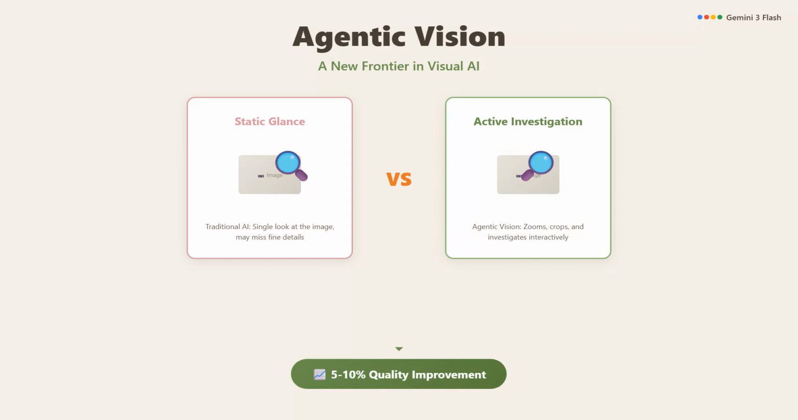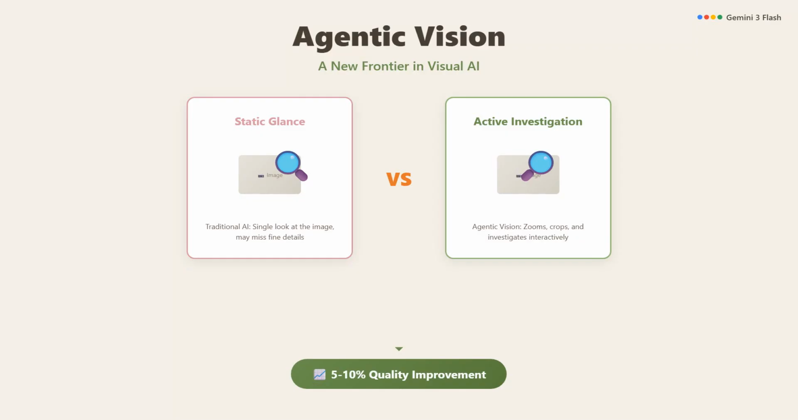The model can now zoom in, crop specific regions, and manipulate images to extract the information it needs. This capability combines visual reasoning with code execution to ground answers in visual evidence. Most impressively, enabling Agentic Vision delivers a consistent 5 to 10% quality boost across most vision benchmarks. This isn't just an incremental improvement, it's a fundamental shift in how AI understands images, moving from a passive observer